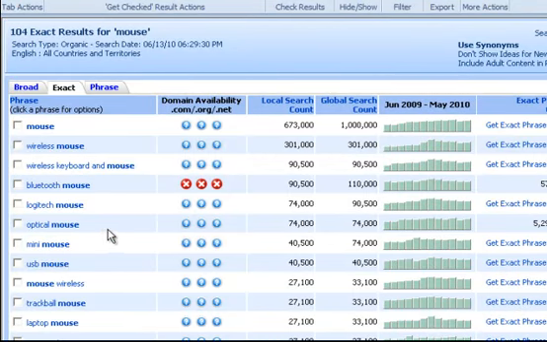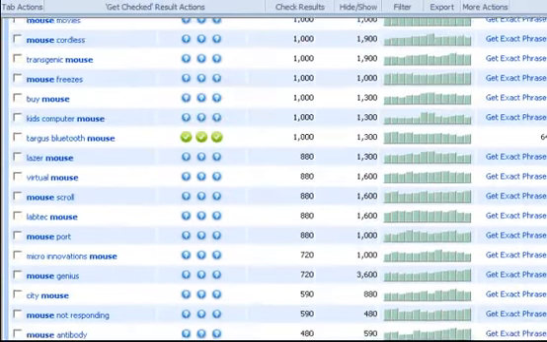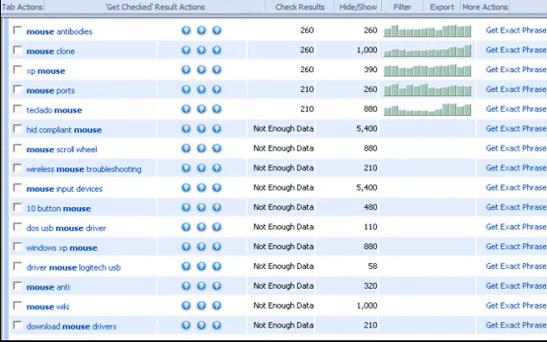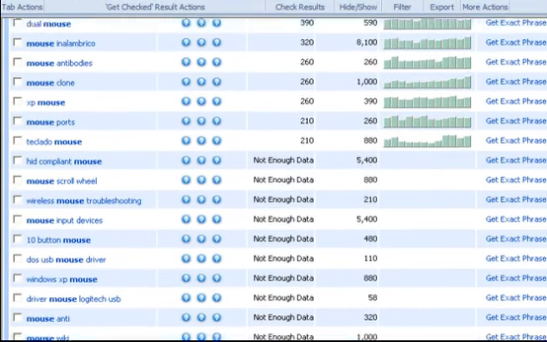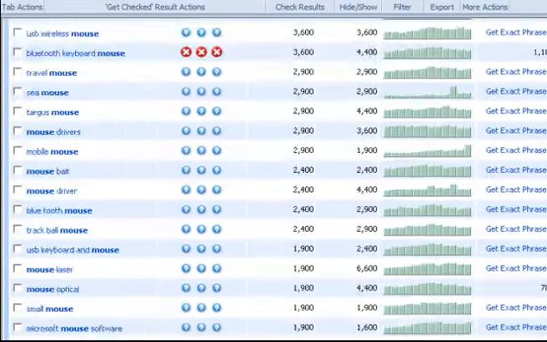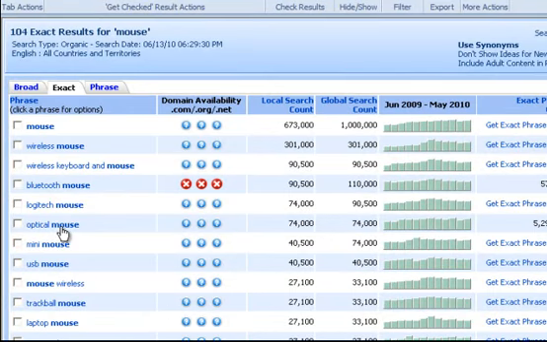Mini mouse is moving up. USB mouse, mouse wireless, trackball mouse, laptop mouse, ergonomic mouse. You can see all the results right here. A few of them don't really get much local search data. Then you have the ones that get a few searches. Of course, you can probably dominate some of these niches, but what I'm going to look into right now is